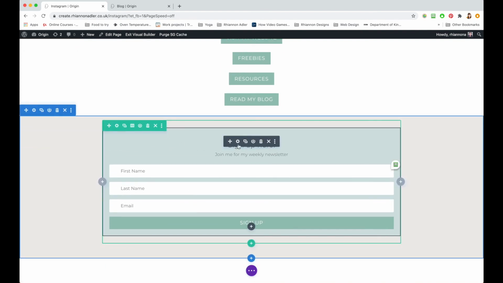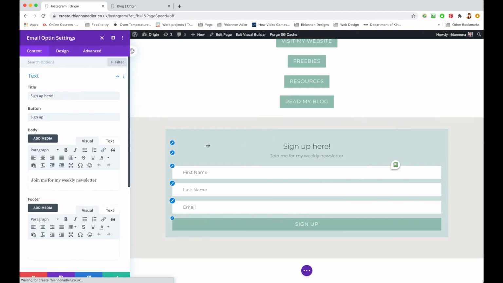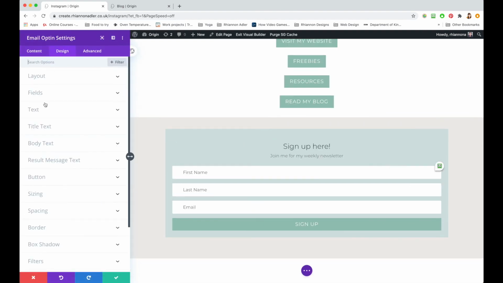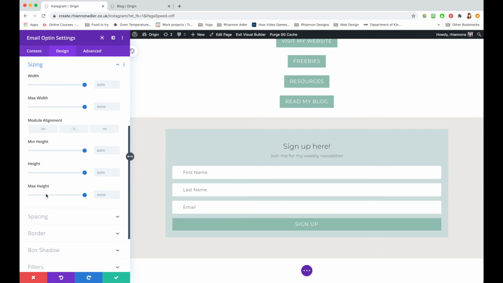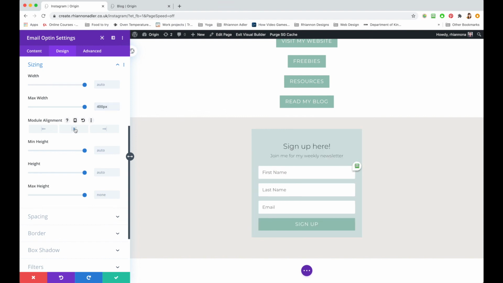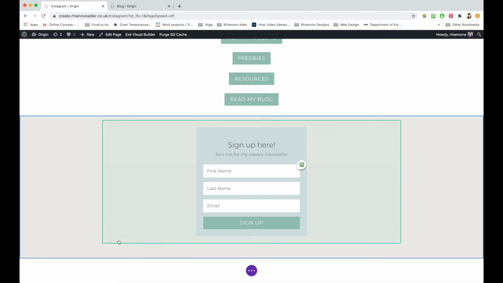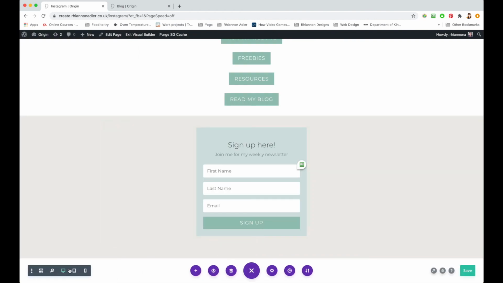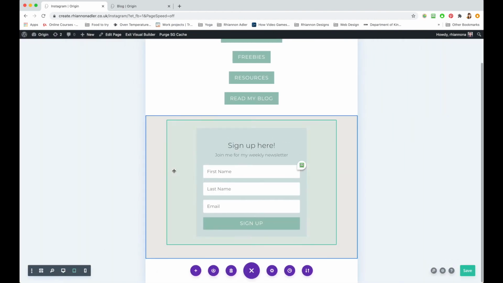So what I'm actually going to do is come back into the settings, design, come to the sizing, and I'm going to set the max width. Let's see what it's like at about 400 pixels. Change the modular alignment because it's moved over to the left, make it central again. That looks about right. So if I leave it as that, what I might do, check to see what that looks like